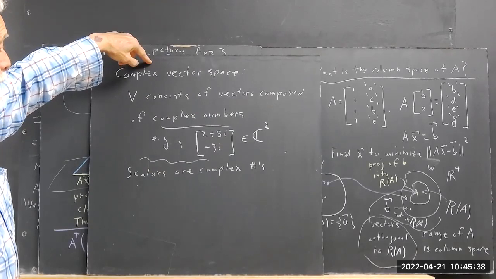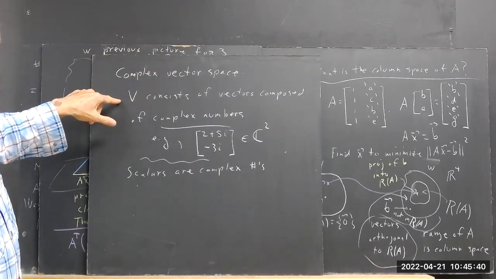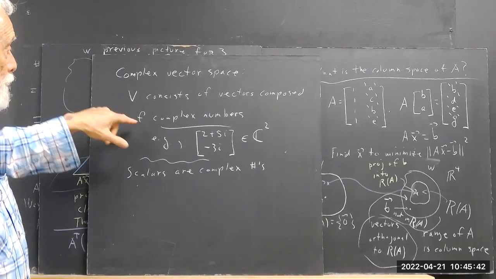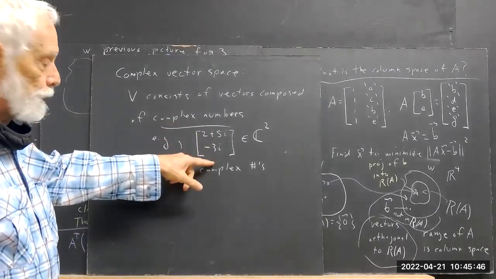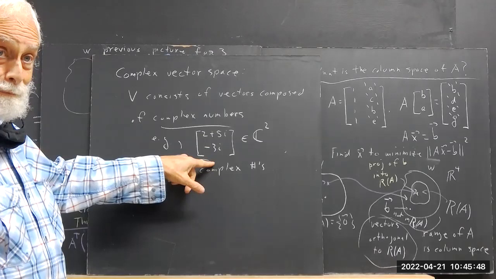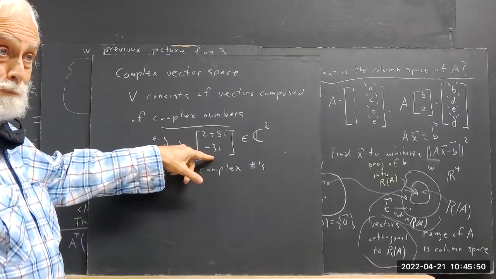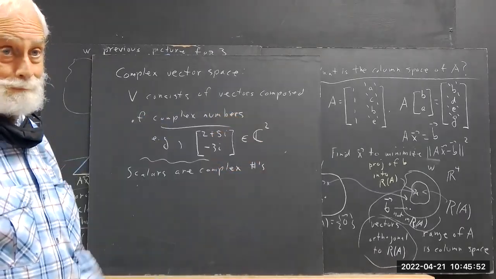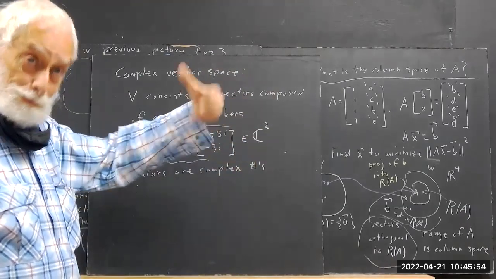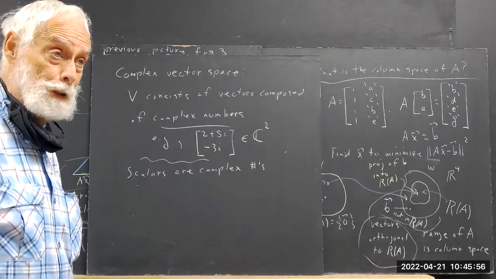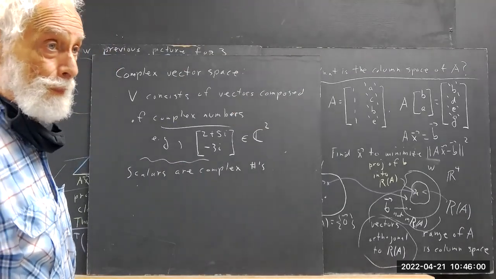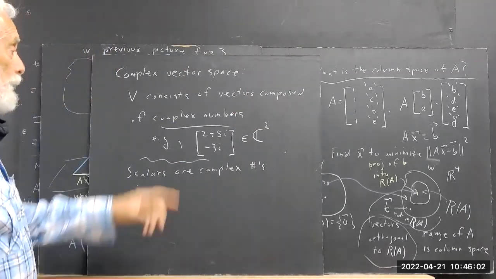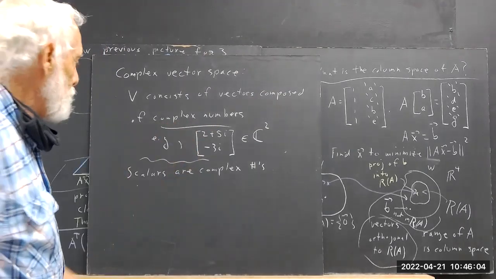So a complex vector space is a space V where the vectors are composed of complex numbers. For example, here's a vector composed of complex numbers. As dimension 2, it's in C2 instead of R2, where C is your complex vector space, okay? And your scalars are complex numbers. Now, it should be clear that when you multiply a scalar, a complex number,